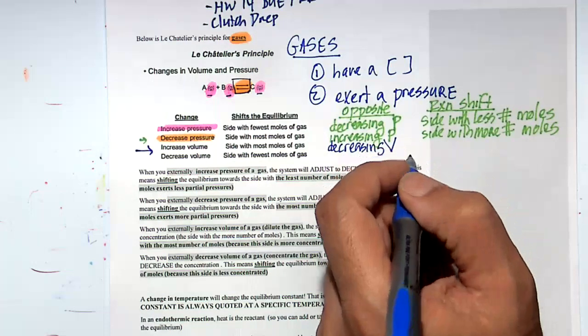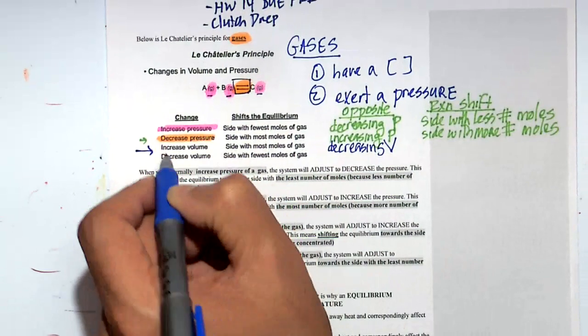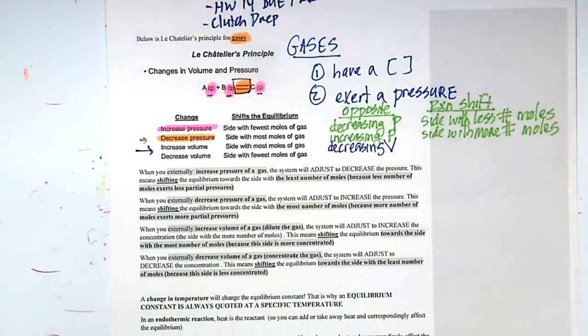Probably the example doesn't make sense, but let me see if I can explain it better. So Robert, if we increase the volume, okay, we're all happy. What will the reaction do? It will decrease the volume. If we increase the volume, what will the equilibrium do? Do the opposite, decrease the volume.